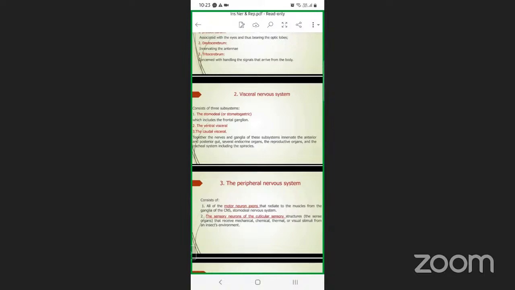And in the brain, we will explain about the three distinct lobes: the protocerebrum, deuterocerebrum, and the tritocerebrum. In the protocerebrum, we will explain about the optic lobes,